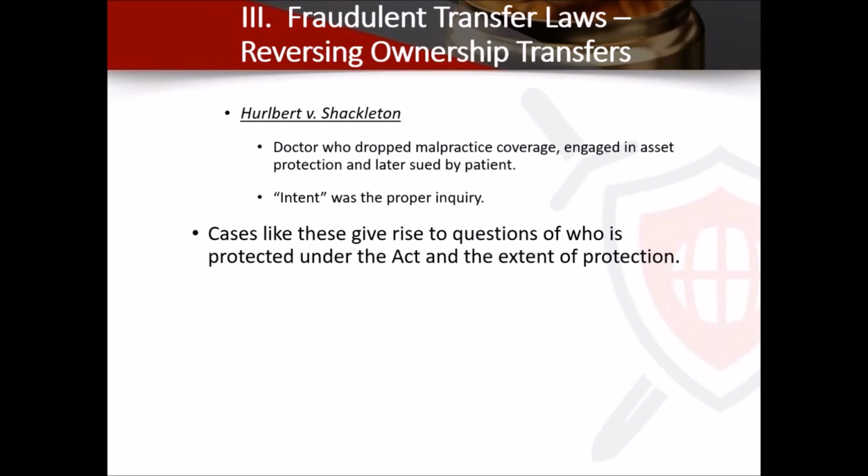Years passed, and he was basically found negligent and owing a judgment to a patient. But when he did the asset protection work years before, he had no way of knowing that this particular patient was going to sue him. So was this a future creditor? According to the black letter, this person became a creditor. Did he make himself insolvent when he did his asset protection?